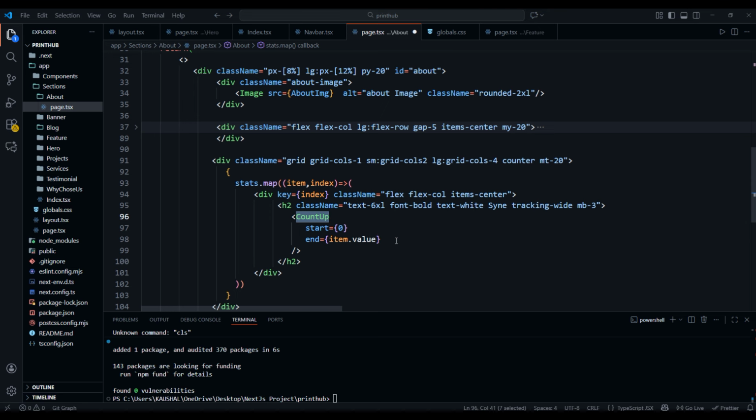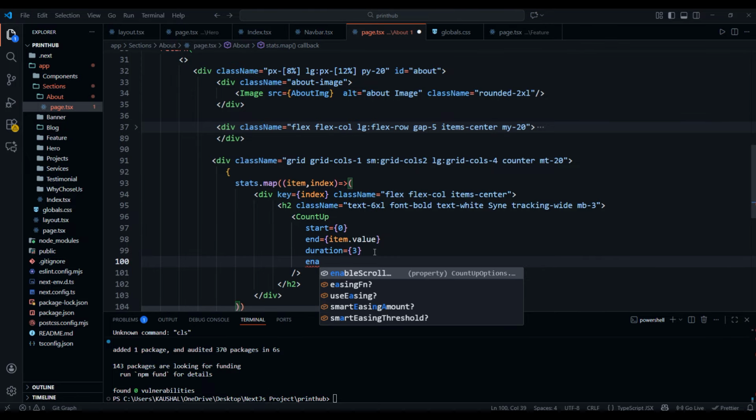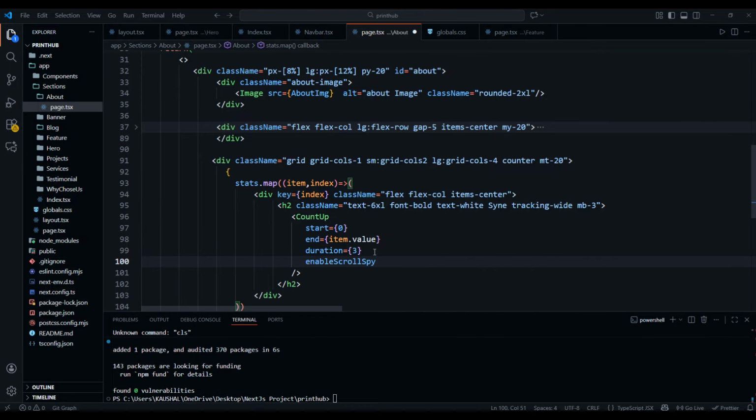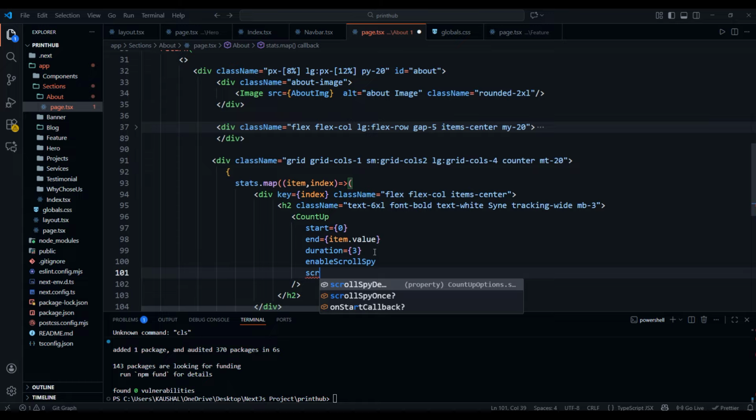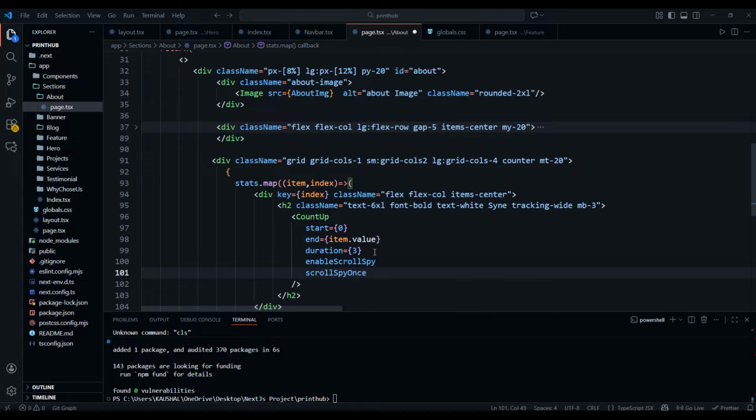Duration is 3, and then enable scroll spy, and then scroll spy once. So we define our counter, and then